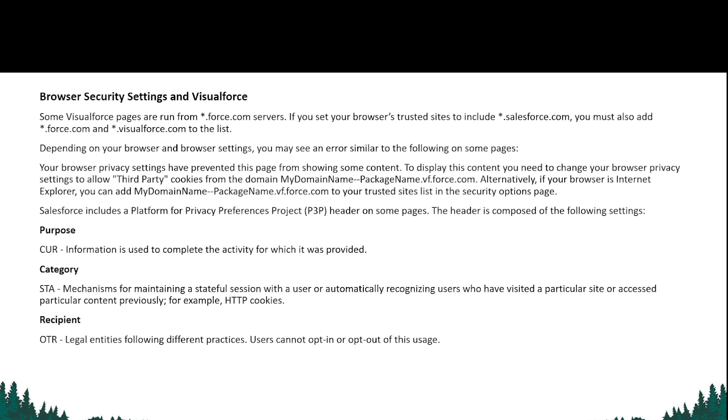The browser privacy settings can help us prevent the page that you have created from showing any content to unauthorized users. This will help us display the content you want. For the browser privacy, you can go to the third-party allow settings, and from there you can enable the cookies from the domain name. You can also use Internet Explorer as a browser, and you can add the domain name and the package name to the trusted list in the